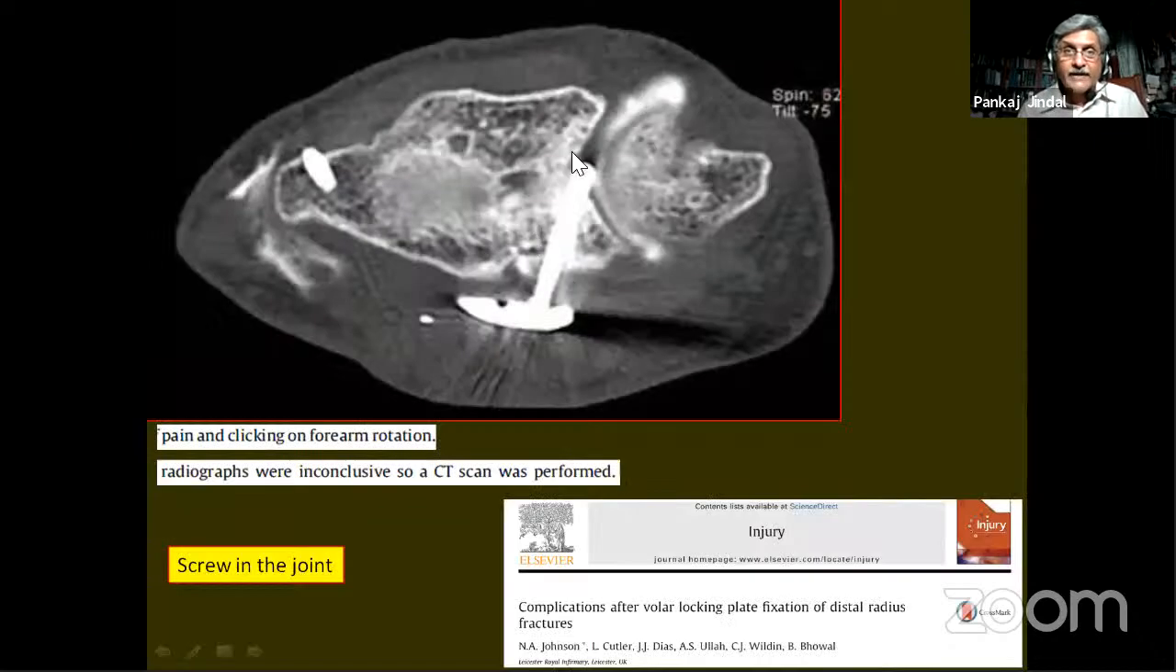A screw can end up in a joint. This I picked up from the journal here. This happens if the patient after surgery has restriction of pronation supination, pain, or snapping here. A plain X-ray may not be able to pick this up, and these people require a CT scan to identify the problem. Once you have identified the problem, remove this single screw, and the patient's pronation supination can be